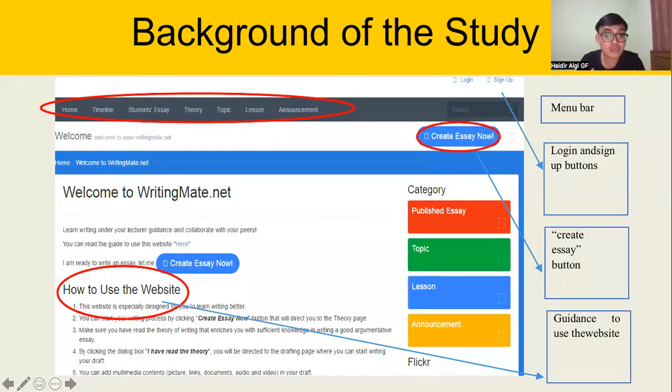I found one supplementary digital writing platform that implemented the process writing approach. It is circa 2016, namely writingmate.net. Nevertheless, it only provides argumentative materials, which are the following advanced course after passing essay writing course and paragraph writing course. Consequently, the resources are not complete for other writing types, especially for expository essays. Moreover, the model essays given are unfamiliar or not relatable to ELE and ELL study programs.